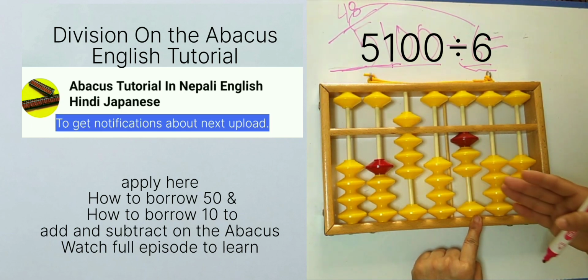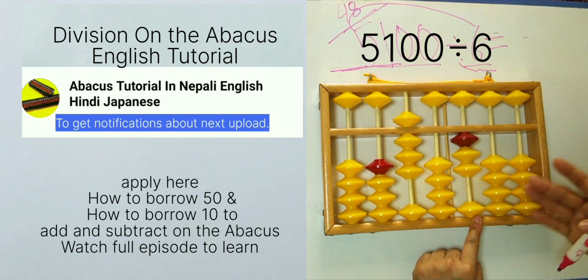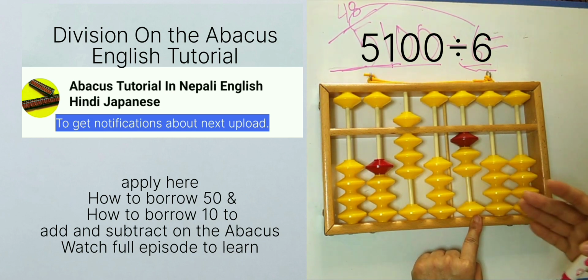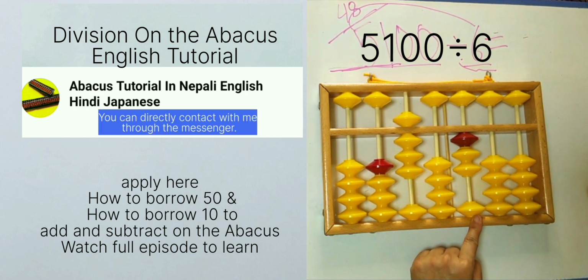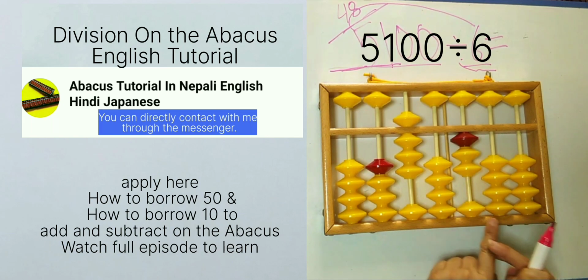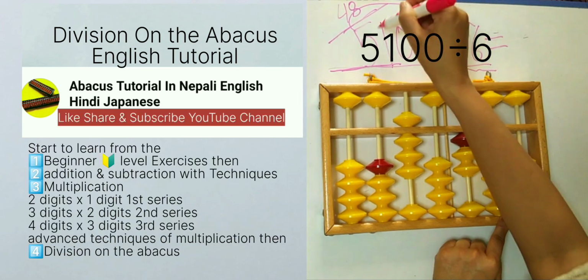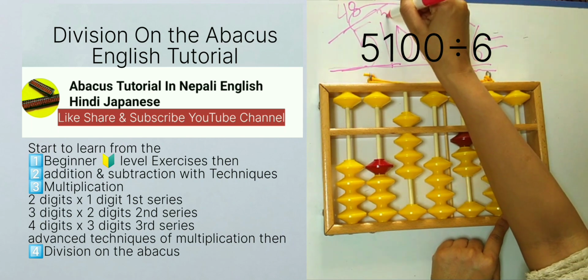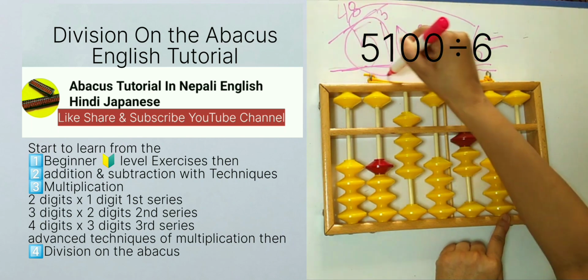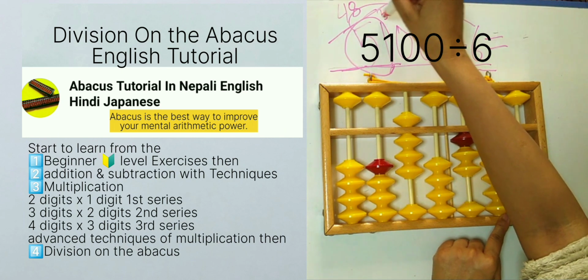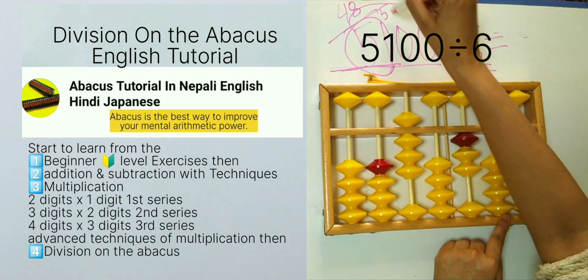how to borrow 10 for the addition and subtraction technique. If you don't know how to do addition and subtraction on the abacus, you can't do division, because division is most difficult. So we reduced 48 from here and change your finger. Don't forget this. And the next remaining number is 3 from this 51,